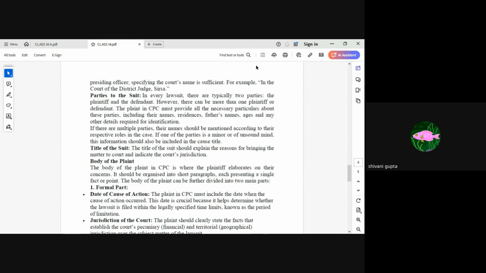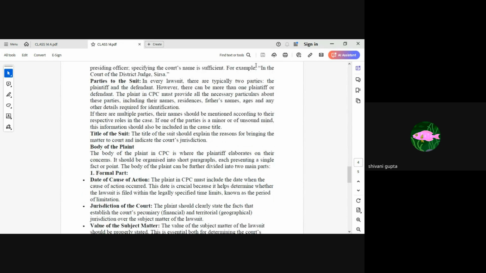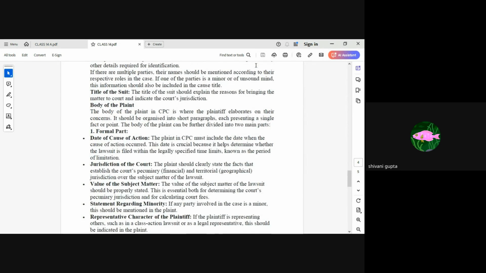Now comes the body of the plaint. The body of the plaint is divided into two parts. The first part deals with the formal part, in which we will mention the date when the cause of action occurred, and the date is very crucial because